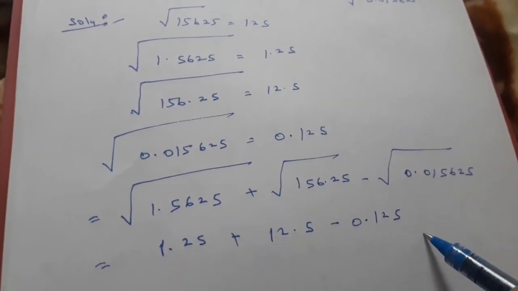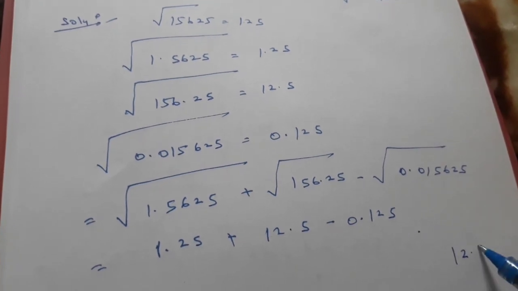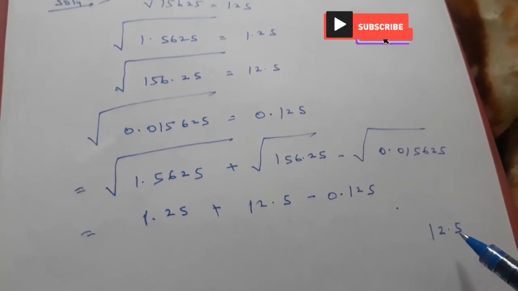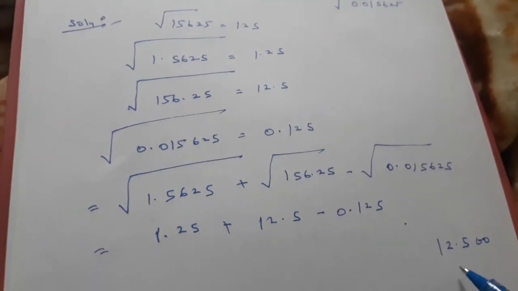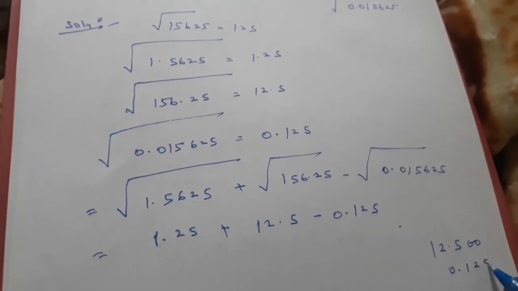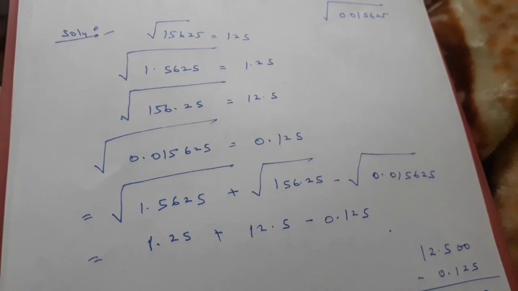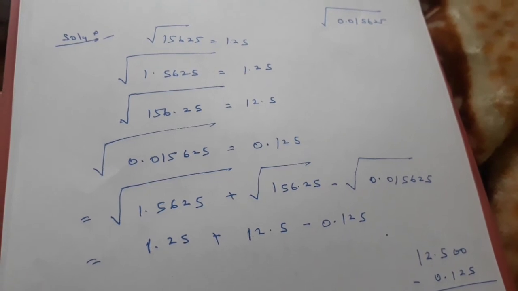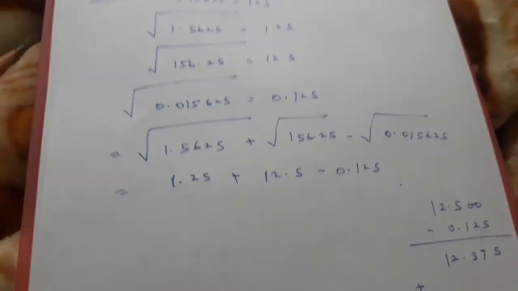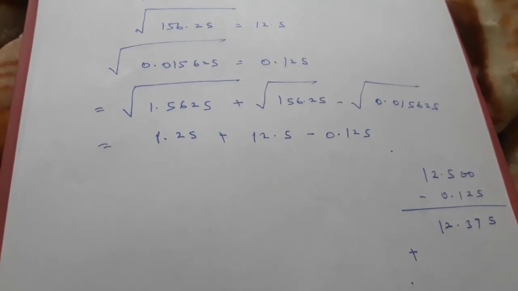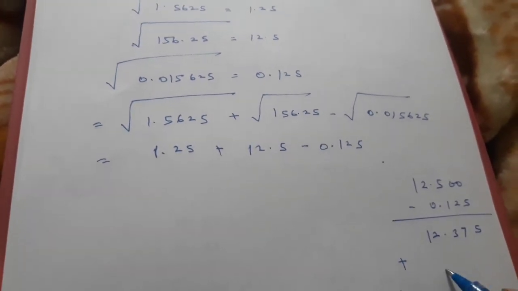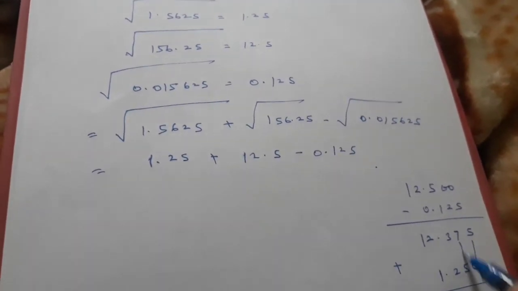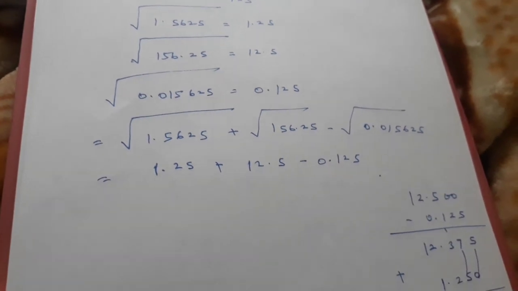subtract. So we will subtract 0.125 from 12.5. So 12.500. How to subtract 0.125? So our answer would be 10 minus 5 is 5, 9 minus 2 is 7, 4 minus 1 is 3, 2 and 1. And we will add 1.250 into it. So our answer would be 5, 7, 5, 12, 6 and